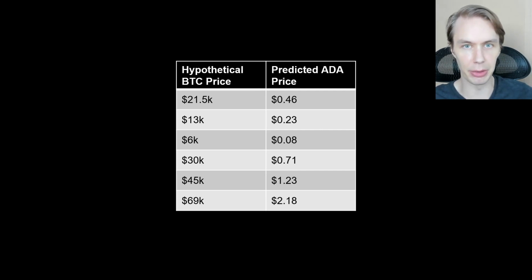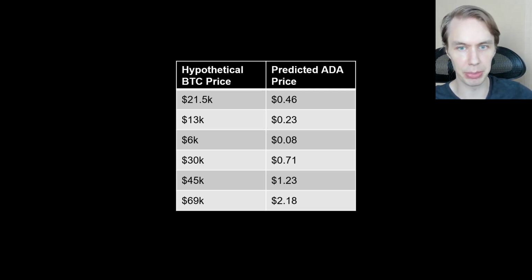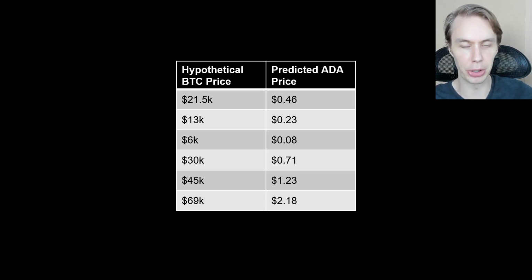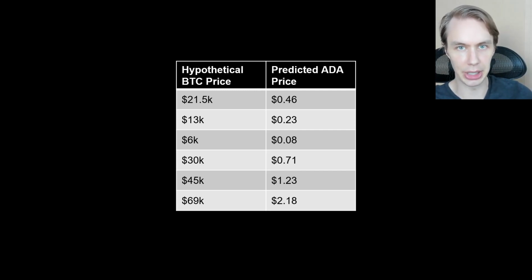And then the opposite would also, of course, be true, that if Bitcoin were to fall to 6K, we expect ADA to go down to 8 cents, barring any kind of bearish developments with ADA, which could actually push the price lower. And then, of course, if there were bullish developments in ADA, maybe it wouldn't have to fall that far. So really, this is what I see as maybe the baseline, based on market conditions, using Bitcoin as a proxy for market conditions. And then any kind of catalyst in one way or the other would be what might push ADA up or down relative to that, unless there's some other fundamental reason why ADA would decouple from Bitcoin's price. All right, so that's what I wanted to put out there, was just that this is, I think, an interesting exercise to orient ourselves to where ADA might go depending on where Bitcoin goes.